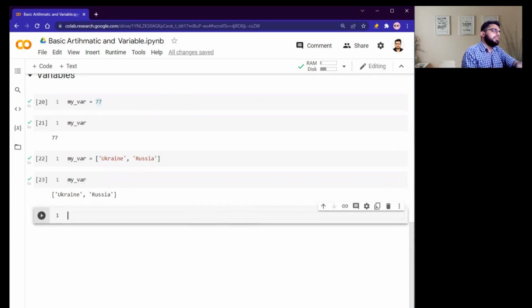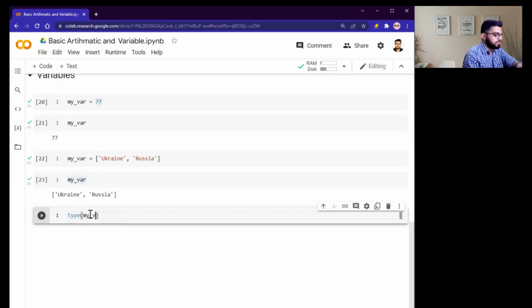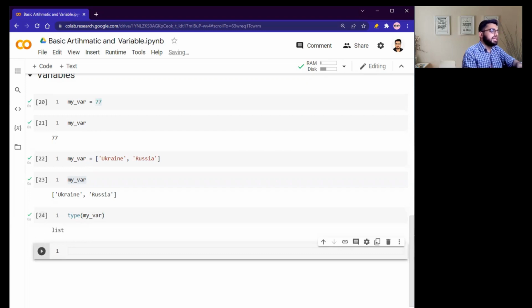list. Now you're thinking we should have some function that can find out what is the data type of this variable. Yes, we have the Python built-in function type. Actually, the type function can tell you what is the data type of this variable. For example, I want to know the data type of my variable. Type my underscore variable, shift enter, and here you can see the data type is list. Actually, in Python, we have different data types: integer, float, string, list, tuple, dictionary, set, boolean. So this function can help you find out whether you have the data type list, integer, or whatever is